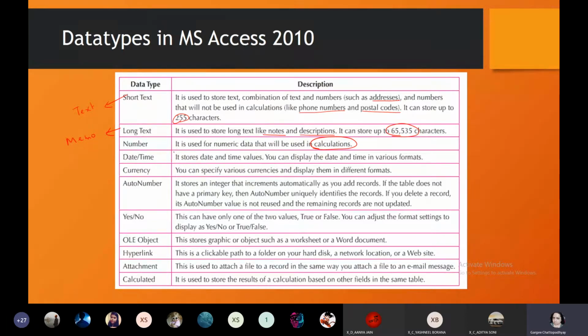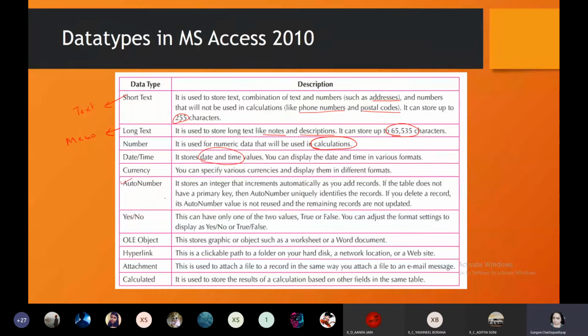Age can be considered as number, experience can be considered as number. Date time is used for storing date and time values, like someone's date of birth, date of joining, and so on. Currency: you can specify various currencies and display them in various formats simply.